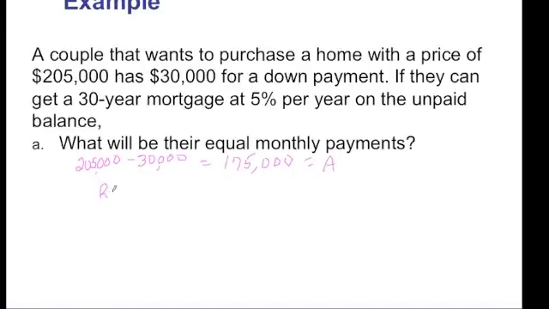So R equals the A, $175,000, times the equation 1 minus parentheses 1 plus I, which is R, the annual interest rate, 0.05, divided by the number of monthly payments, which will be 12, raised to